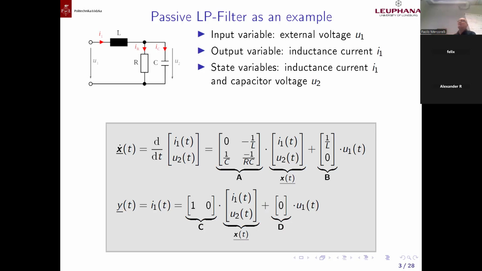The practical reason is the energy is directly depending on the voltage, if I consider the electrostatic energy, and is directly depending on the current, if I consider electromagnetic energy. And you remember, one half L multiplied by current squared is the electromagnetic energy. And the electrostatic energy is one half C multiplied by U2, in this case squared. Anyway, you know, but I repeated this